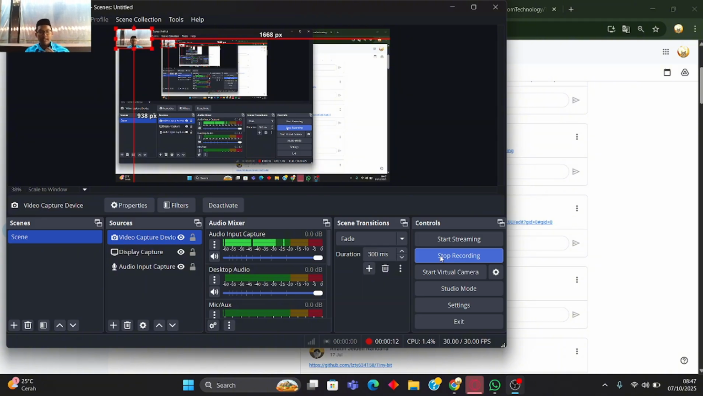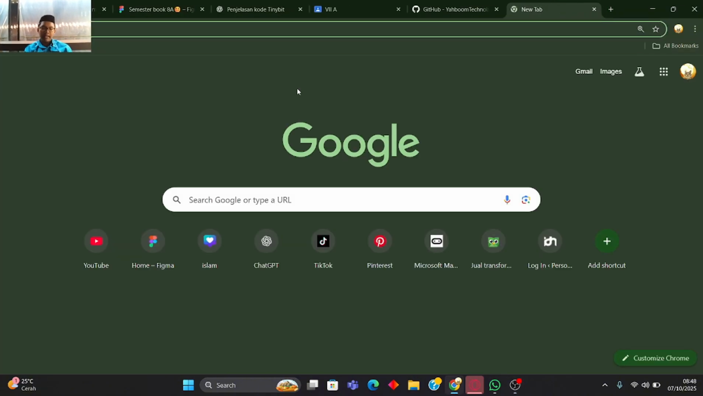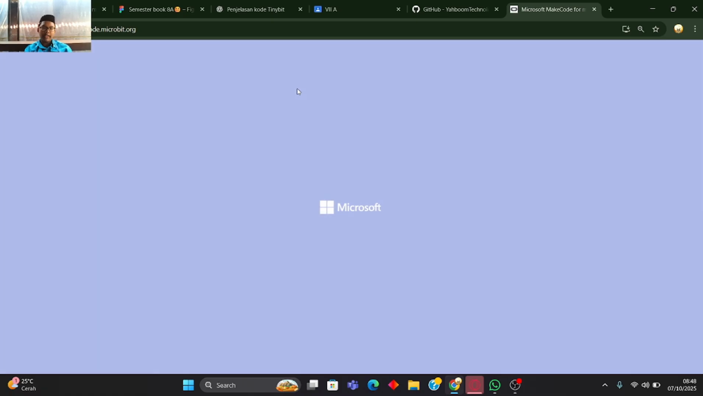It's about robotic material. The title of my project is maze solving, so the Tiny:bit will solve the maze. I will show you the demo video at the end. So now let's start. Go to Google Chrome and search mycodemicrobit.org